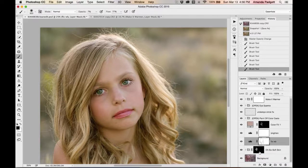So the way I would do it if I was doing it on my own, now I prefer the skin smoothing. This is completely transparent here. Whatever they do in this action is better than my own skin smoothing, okay? So how I would do this, I'm going to turn this layer off. So I turn the skin smoothing off. I would come up to here and I would do it in my own, if I was doing it on my own without any actions,